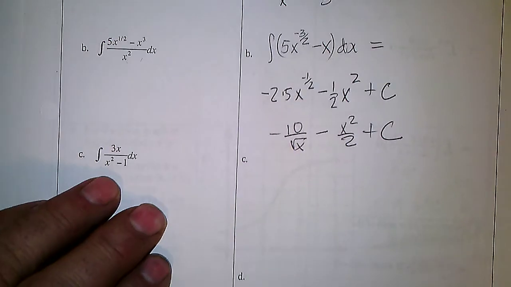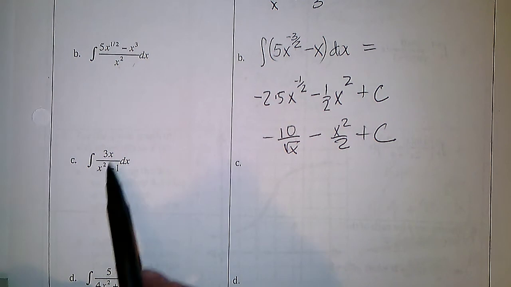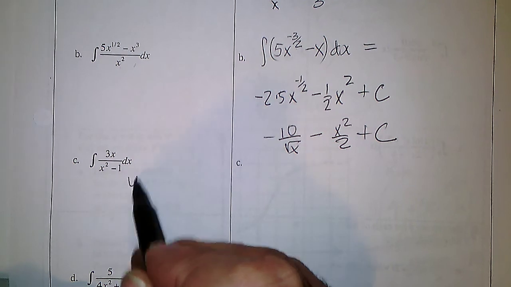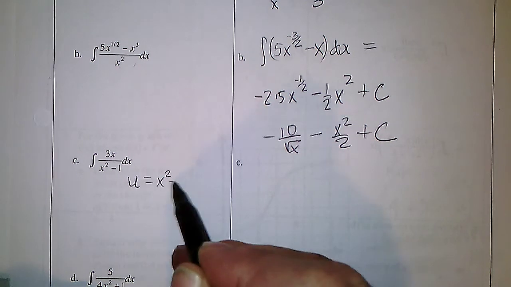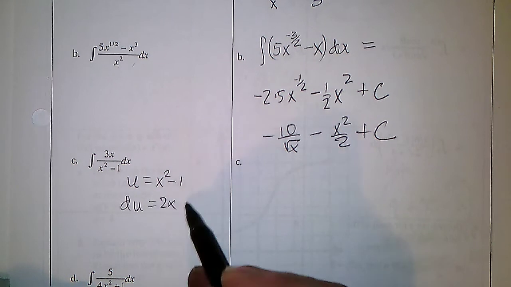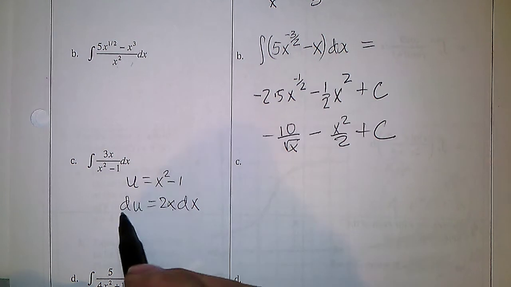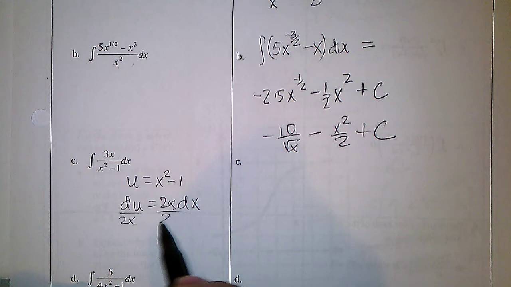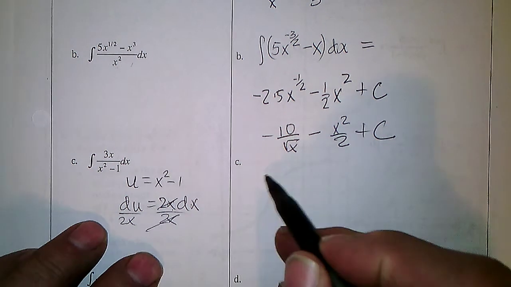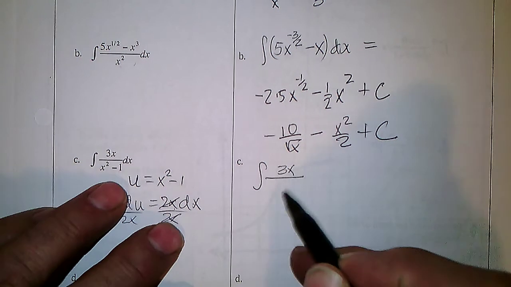This one, we cannot do that. And this has an x, which happens to be the derivative of the whole denominator, so we're going to let u equal x squared minus 1. du would be 2x dx. It has an x that'll cancel that x because we're going to divide by 2x on both sides. So we know what to replace dx with, and so we're going to have the integral of 3x over u